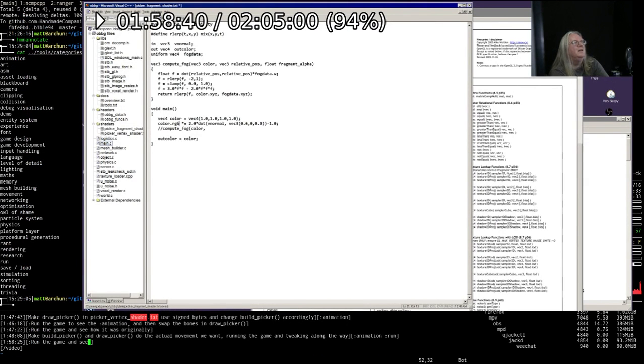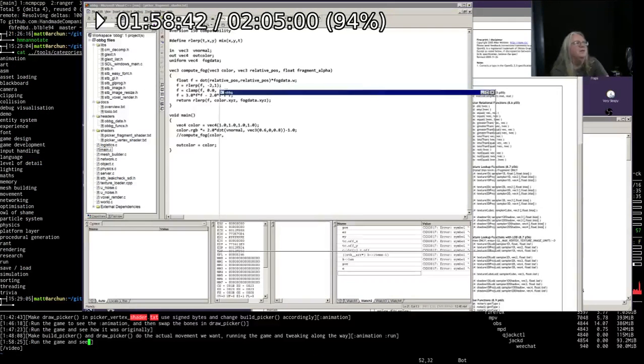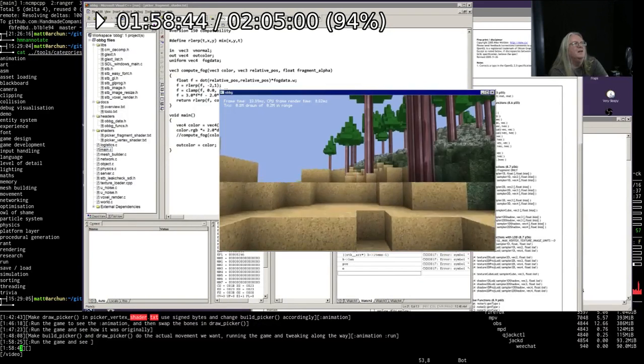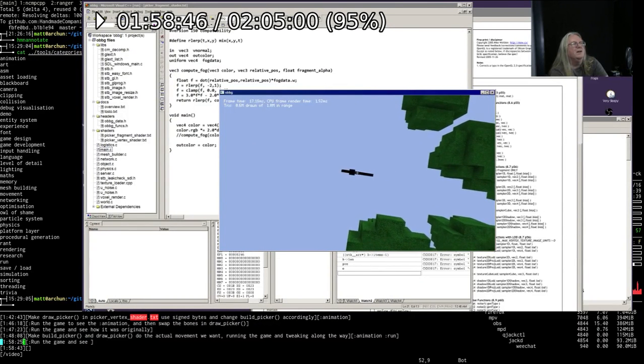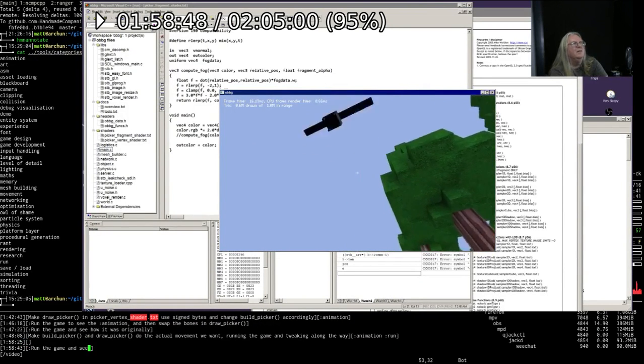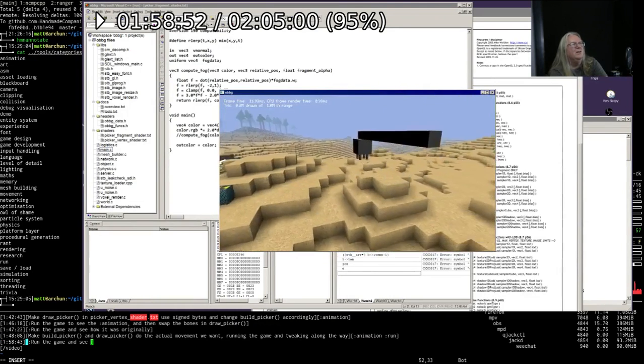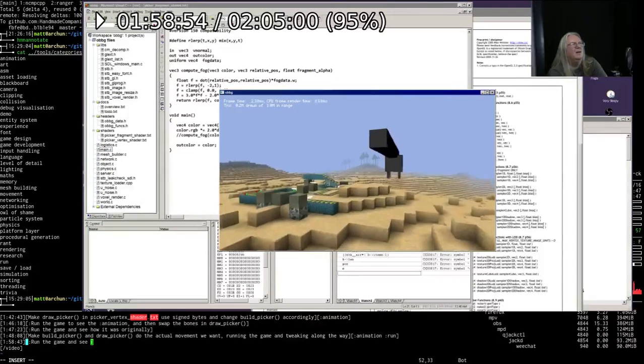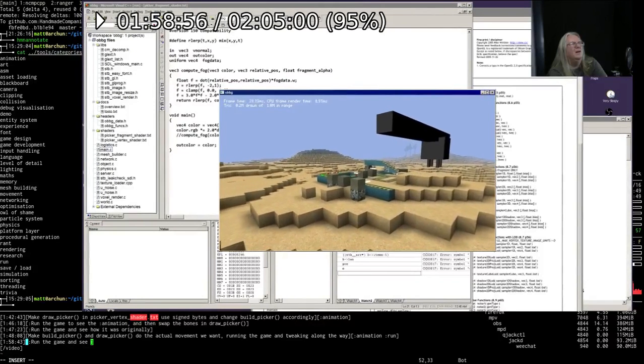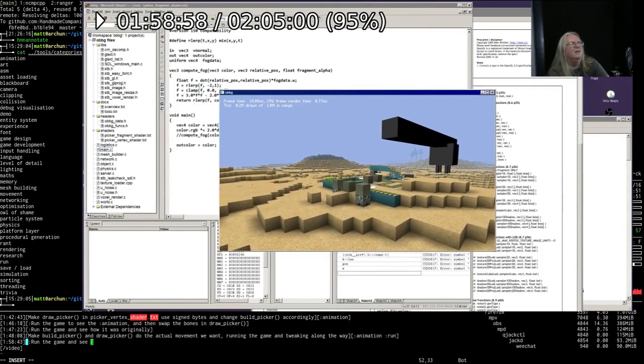Because that was what I meant. It's going to be black because I didn't do it right. Oh, okay, it does have some shading. Okay, and then